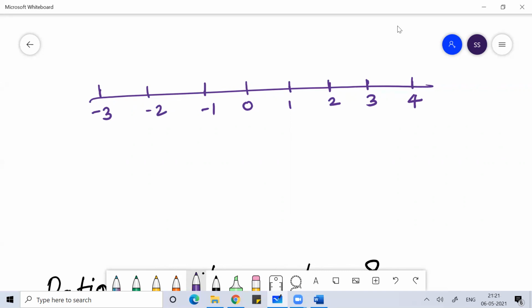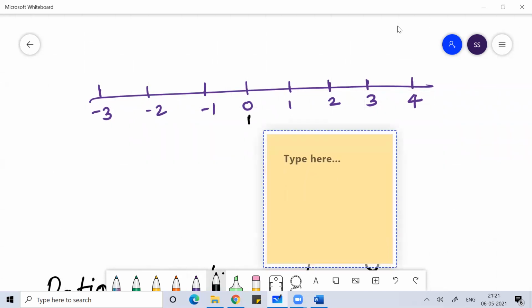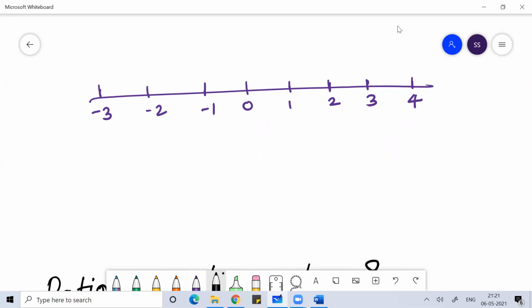So the variables which are visible here, we call them integers, while we can also have fractions or decimals. Decimals are all the values which you can't see here, which lie between 0 and 1. They will be infinite values here, which may not be visible. So those are basically decimals.